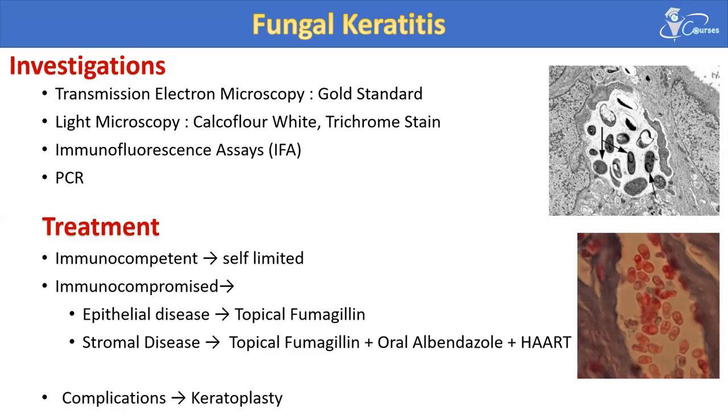For epithelial disease, they will take an antifungal drug called fumagillin. For stromal disease, they will need topical fumagillin together with systemic therapy such as oral albendazole,